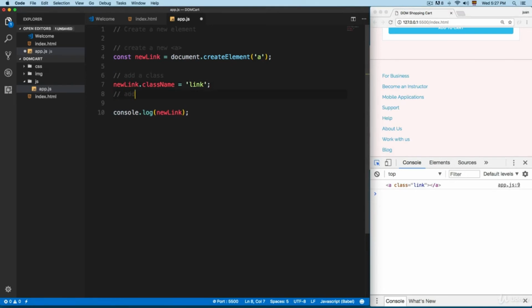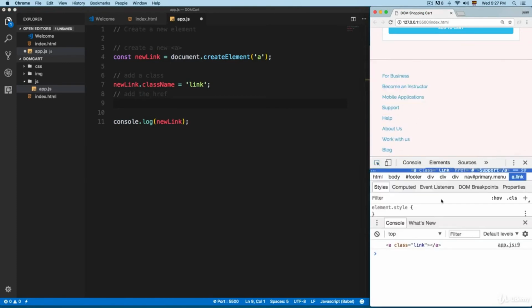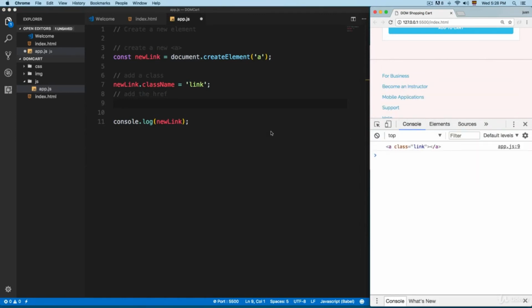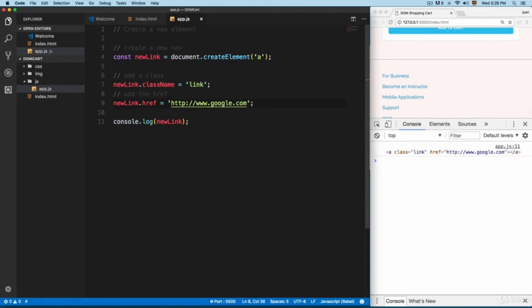So let's add the href. At the moment, this href only points to the pound sign. If we inspect right here, you can see we have the pound sign. But basically it's going to be the same for any case. So we're going to add newLink.href equals to the pound sign and save this. And now you can see we have the new attribute called href. If you want to link to something, for example, google.com, you can add the full path like this. It's going to link to Google. Or if you want to link to index.html, it's going to be like this, and you can see we have href